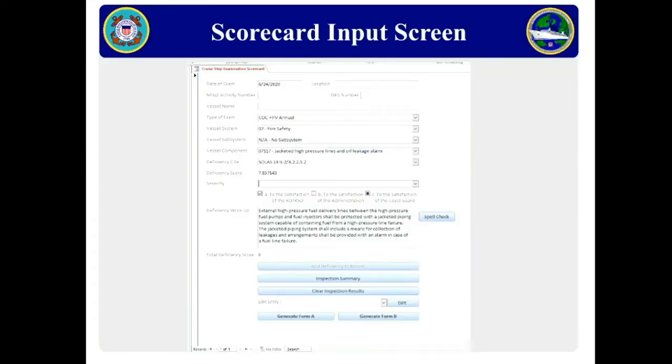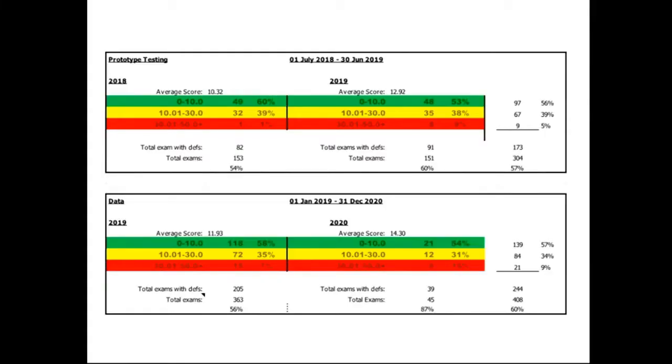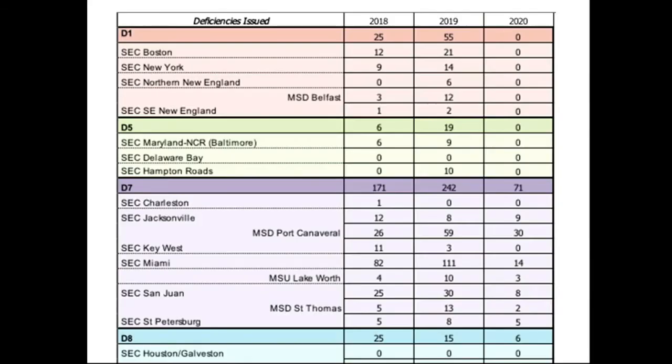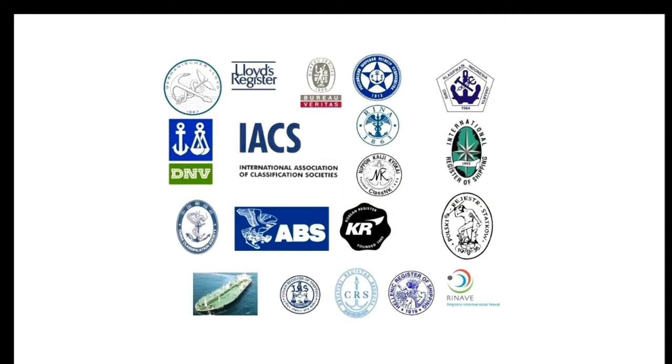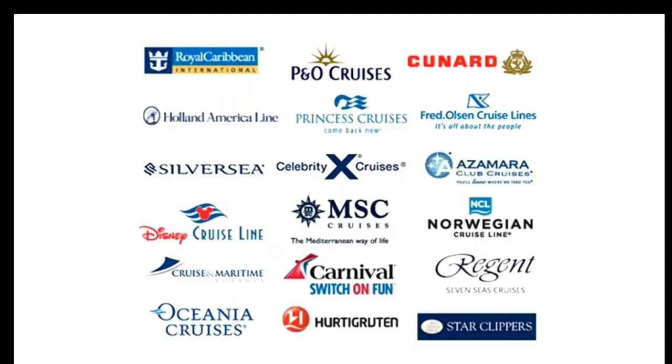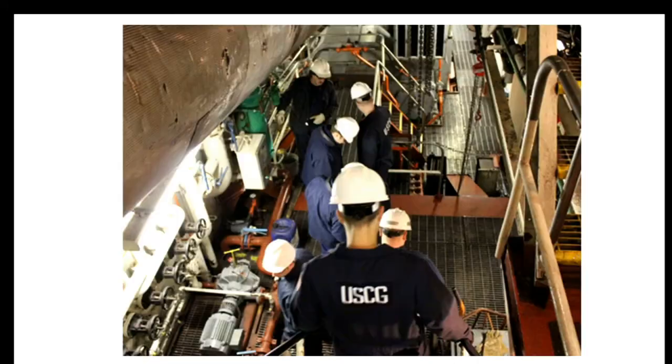Coast Guard Cruise Ship Scorecard. This measures our performance, provides a human performance incentive for both the examination team and the cruise ship crew, provides much better deficiency data that now can be visualized and better understood, provides risk-based review for third-party evaluators such as P&I clubs, classification societies, flag states, and of course the cruise lines themselves,